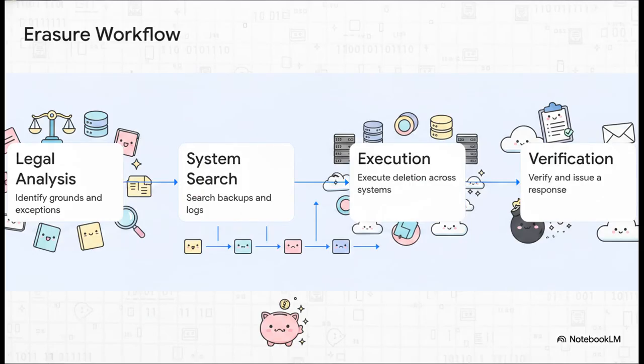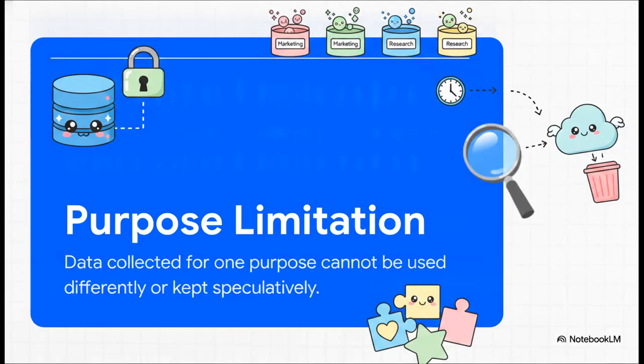The sheer technical scope of what needs to happen in those 20-ish days is staggering. After the legal analysis, you're not just updating a main database. You have to hunt down data in offline backups, read replicas, distributed caches, and immutable event logs, which, by the way, are designed specifically so they can't be modified. And don't even get me started on machine learning. Scrubbing a user from a fully trained predictive model requires incredibly advanced engineering, like machine unlearning. If you haven't proactively built workflows to find data in all those hidden corners, 30 days is a terrifyingly short deadline.